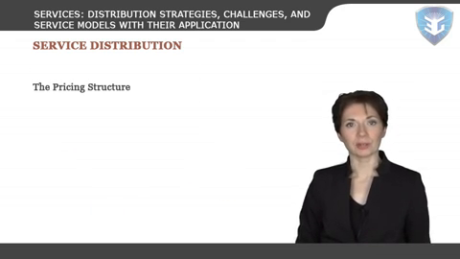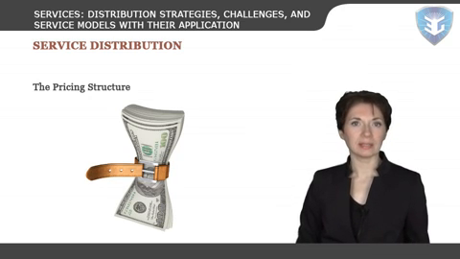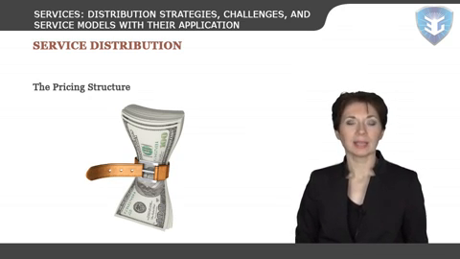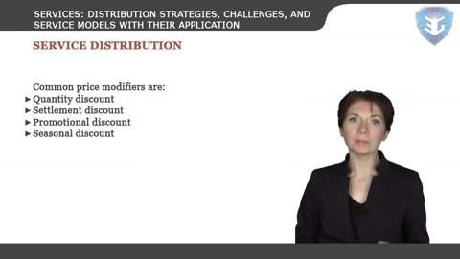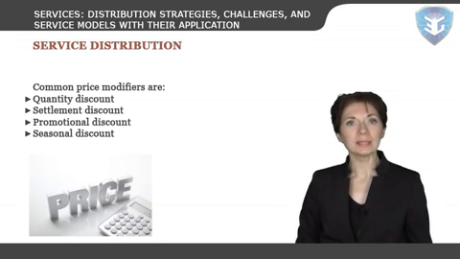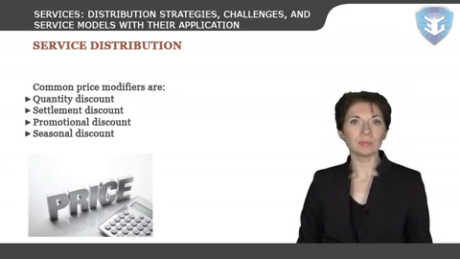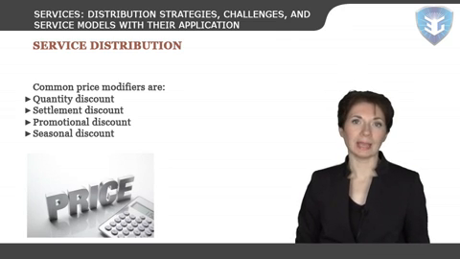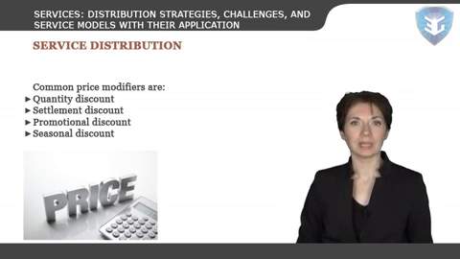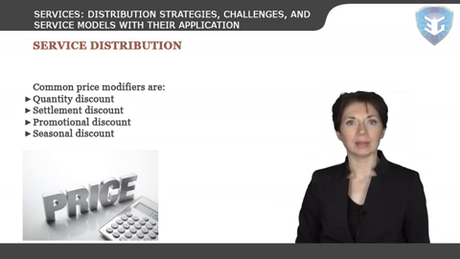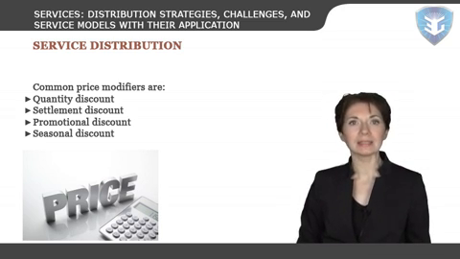The pricing structure. A pricing structure consists of a base or list price and a variety of price modifiers which depend on the type of product they're selling and the type of market in which they operate. The most common price modifiers are quantity discount, an incentive to buy more; settlement discount, an incentive to pay quickly; promotional discount, a discount for a specific period of time; seasonal discount, an incentive to clear seasonally sensitive stock;